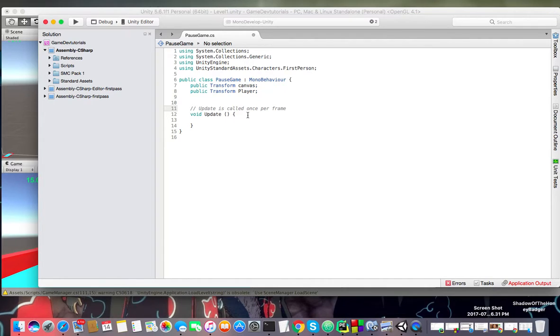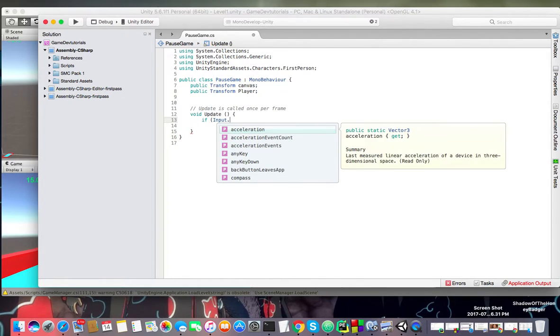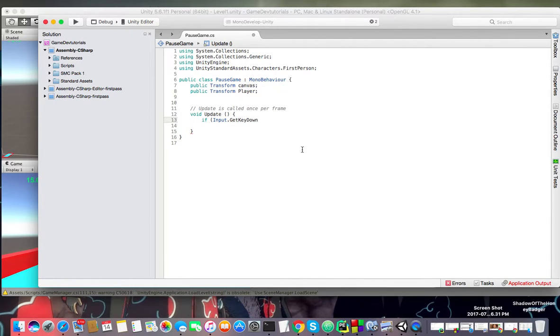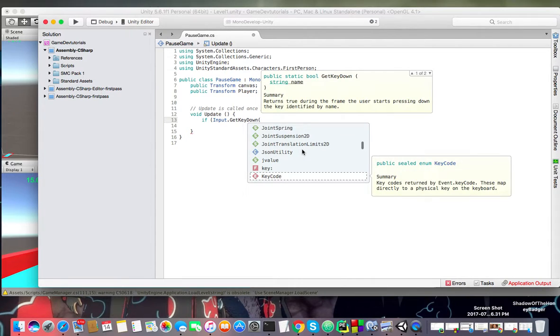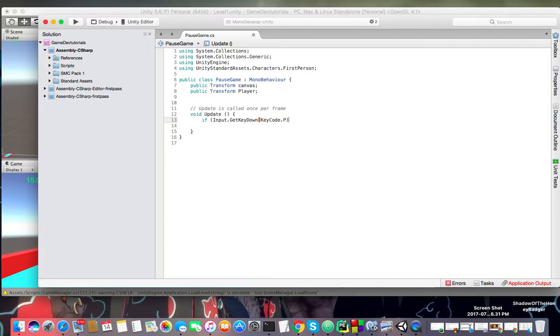First thing, we want to be able to check if pause is enabled. So first we should have a conditional statement: if Input.GetKeyDown, and then another parenthesis, KeyCode.P. Let's translate this to make it clear: if I press down the P key on my keyboard,